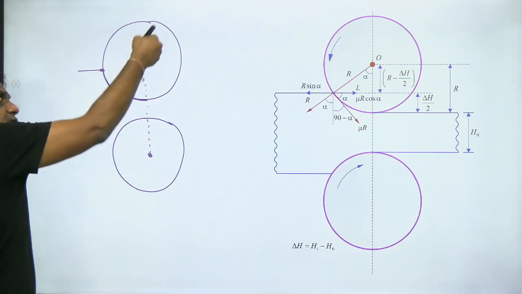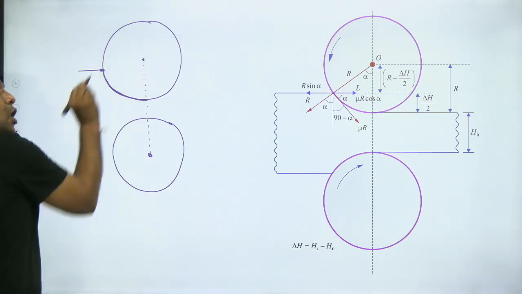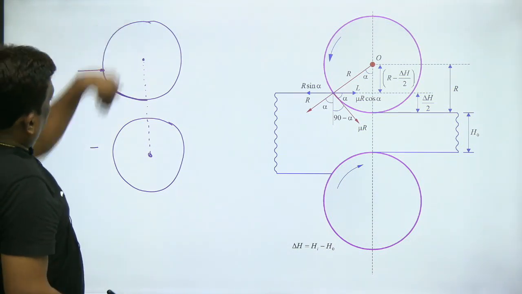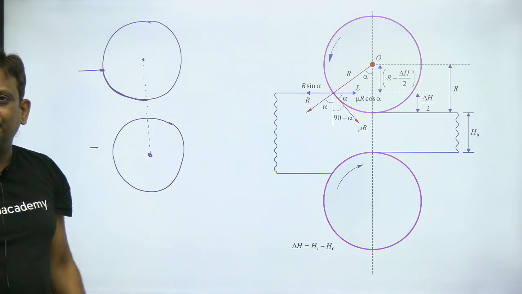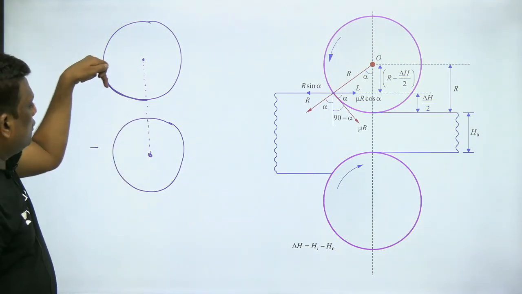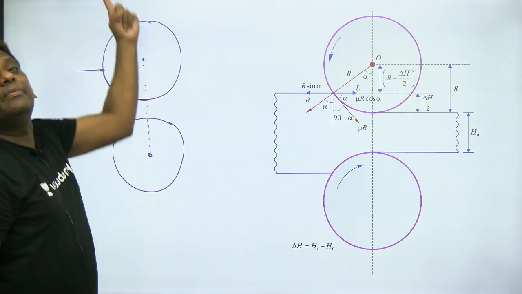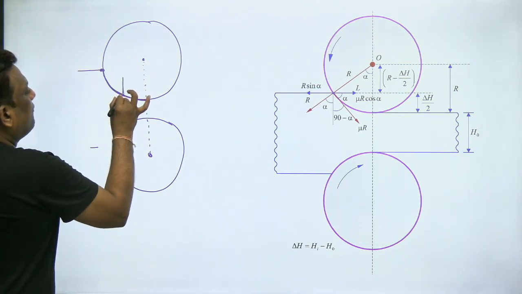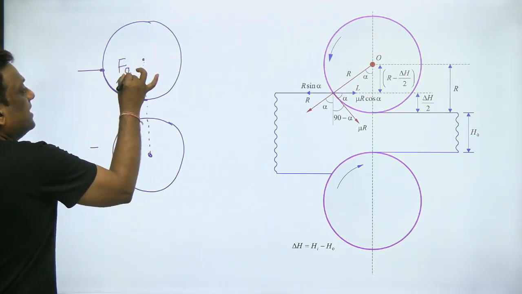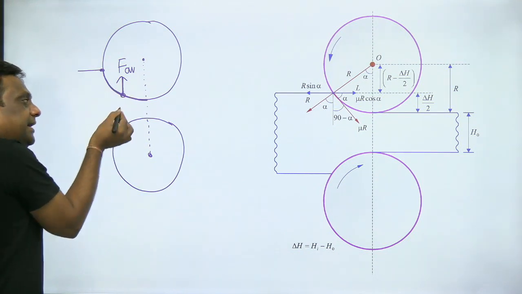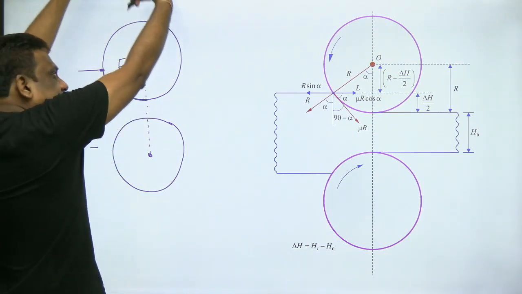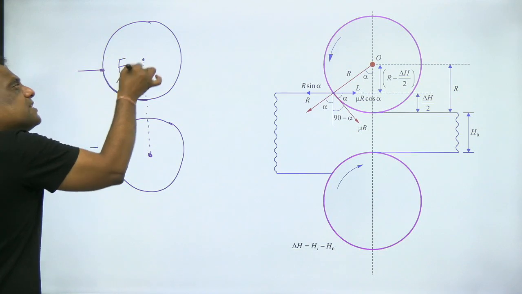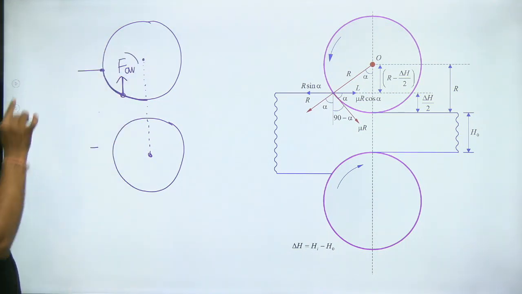When the roll is exerting force on the workpiece, the workpiece will also exert a reaction. I repeat, when the roll is exerting force on the workpiece, the workpiece will exert a reactive force. So if the average force is acting on the workpiece, the reactive force will be on the roll. So let us assume that this is F average. And can anyone tell what is this? It is the reactive force exerted by the workpiece. The roll is exerting force on the workpiece, and the workpiece will exert force on my roll. So this is the force acting on my roll by this workpiece.